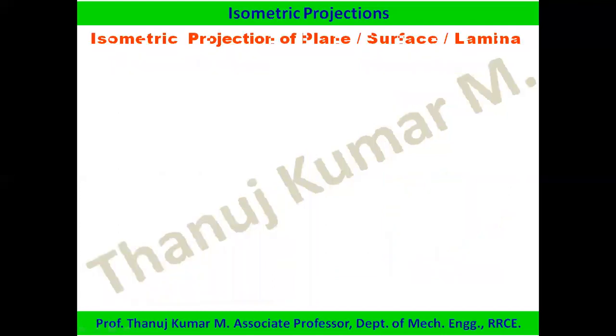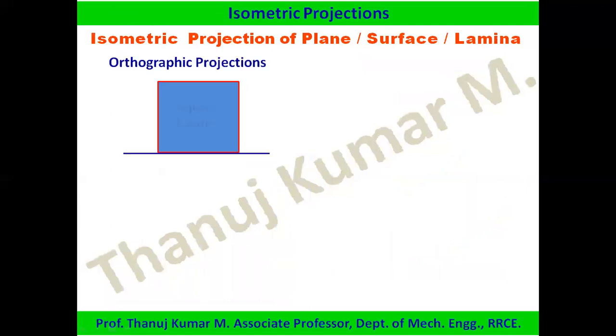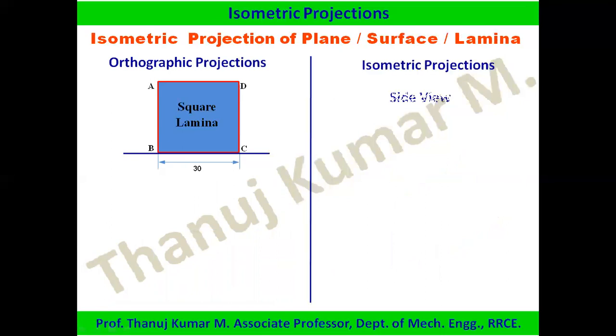Next, coming to the next one. Let us go with the same process, that is 30 mm square itself. Okay, 30 mm length. We go with isometric projections with the side view. Side view and front view are almost similar to each other. Only thing is the side from where you are seeing is totally different. Same horizontal line you have to draw, one vertical line you have to draw. For side view and front view, one vertical line is essential, very, very important. And then a 30-degree angle line.